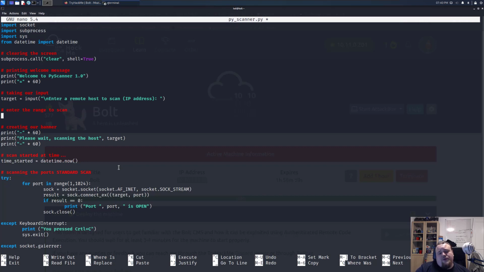Let's see, how should we do it? We can say port range equal to input, and then ask the user to enter the first port to scan. It's going to be a difficult question. How could you say that? The user should enter where it should scan from. So we can just say 80,